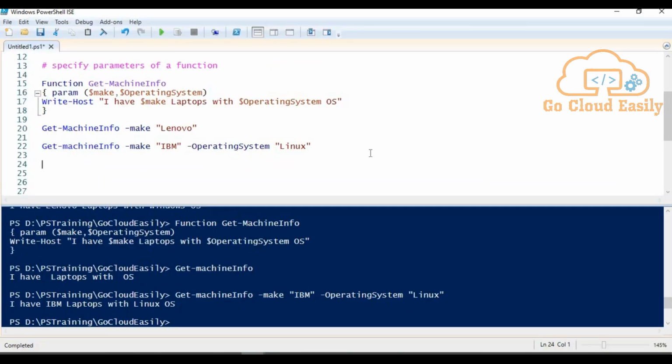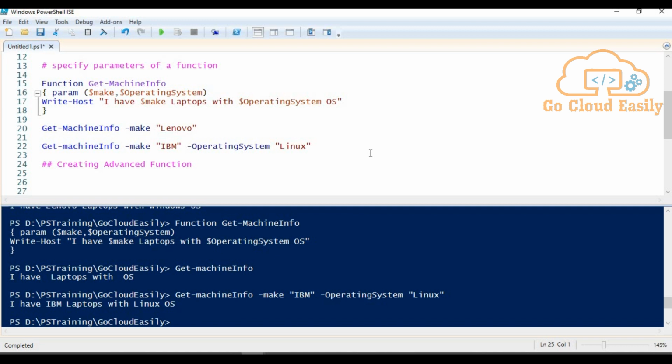Let's see a quick demo about how we can create PowerShell advanced functions. Before we start, let me name this demo as creating advanced functions. All right. Before we start creating an advanced function, I want to show you a few things so that you can understand better the fundamentals behind creating advanced functions, right?